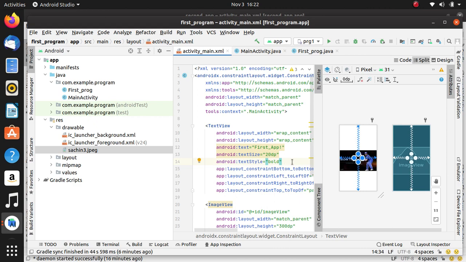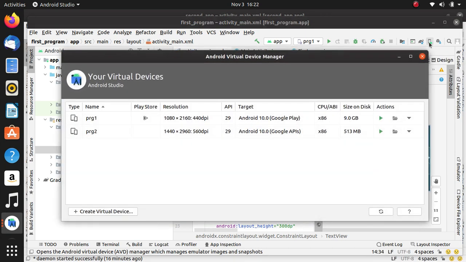Now if you want to run the application, go to the AVD manager. Now create a virtual device.